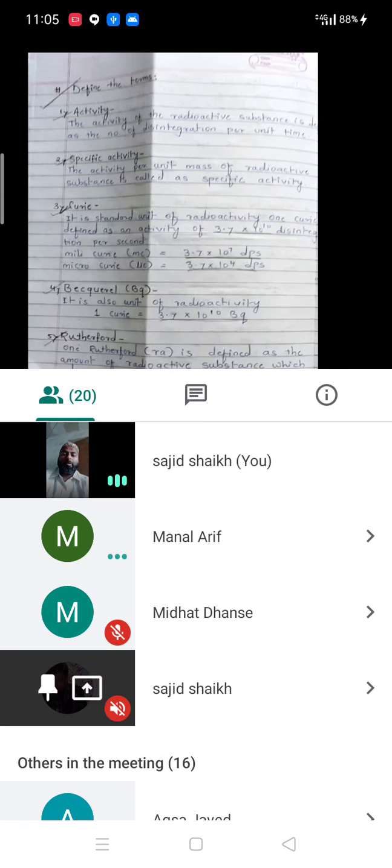So, good morning, friends. Today we are going to continue this next part of this unit. Unit 3 I already started. The name of this unit is nuclear chemistry. I discussed all the syllabus in the previous lecture.